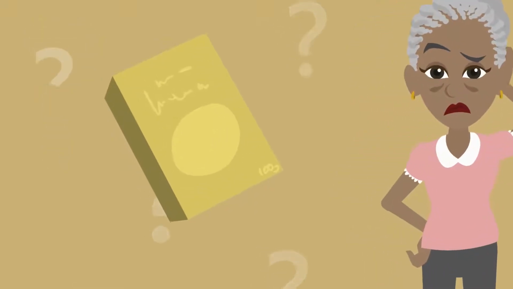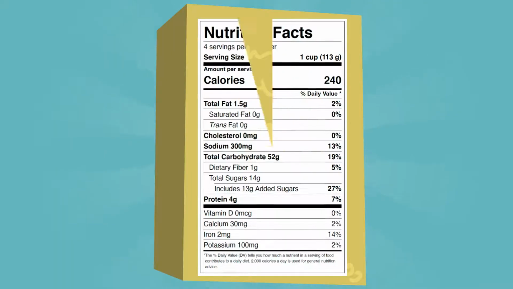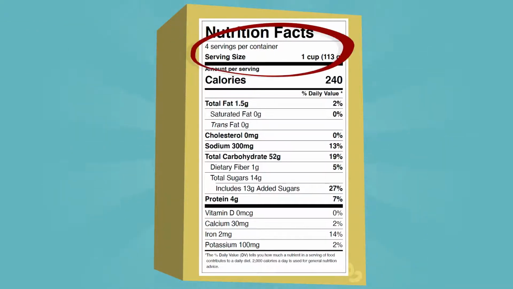Let's take a look at this label as an example. First, let's start with serving size. It's good to know what the serving size of an item is so you have an idea of how much to eat. You can find the serving size information at the top of the label. All of the nutrition information is determined by the serving size. For example, on this label here, the serving size is 1 cup. This means that 1 cup of this item contains 52 grams total carbohydrate, 1 gram dietary fiber, and 13 grams